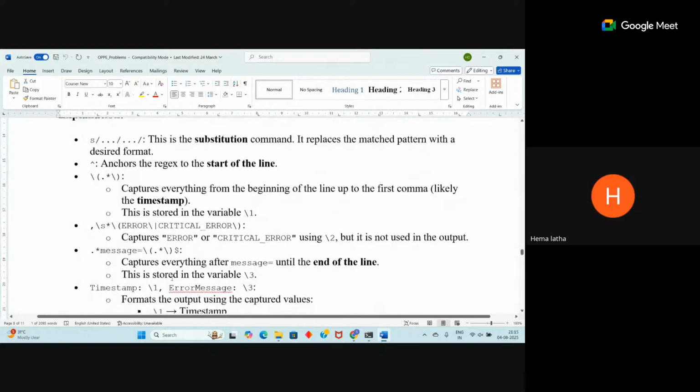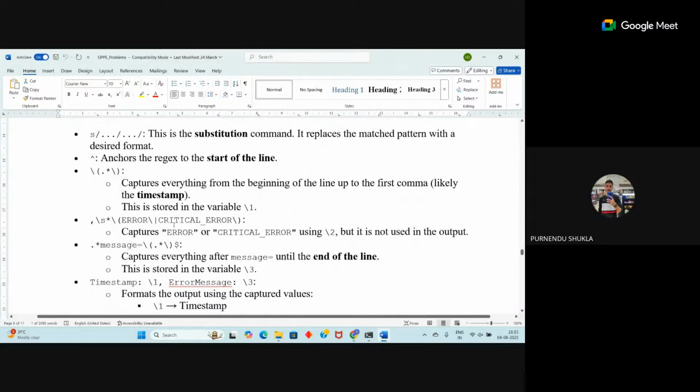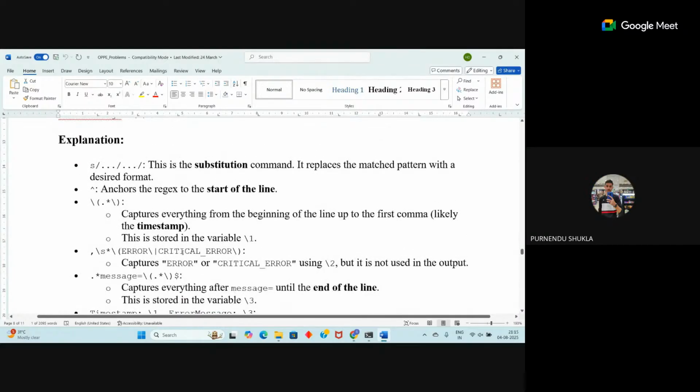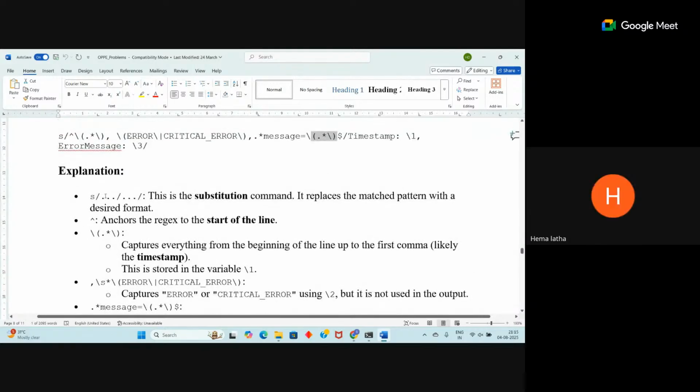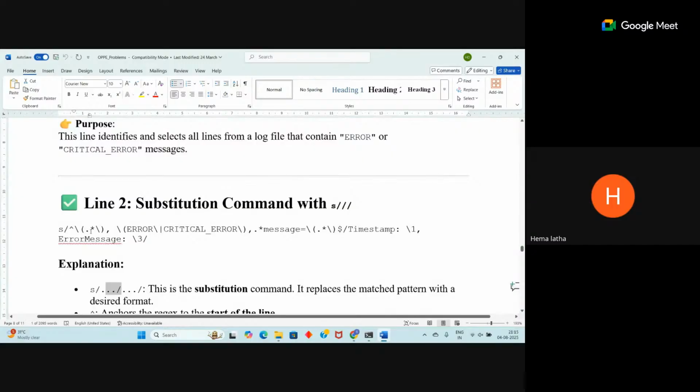So are we writing multiple commands here, or what are we doing? We are using search and substitution here. So we are searching for one, right? It's like first thing and then substitute to second. Can we do multiple substitution as well? Single substitution. Wherever you find this line, error or critical error, you search for this. This will be replaced by